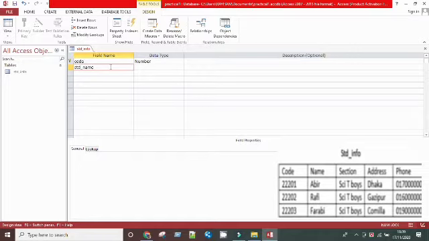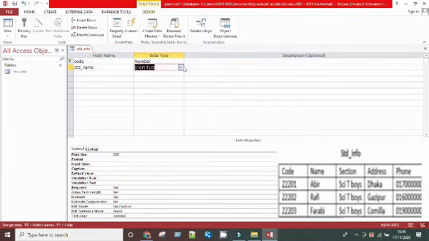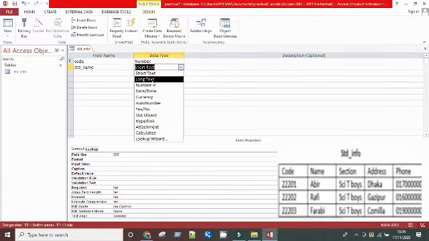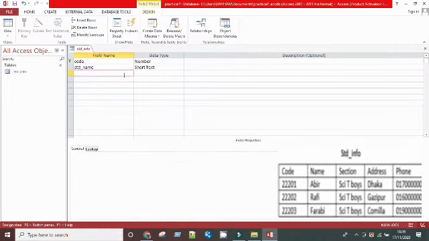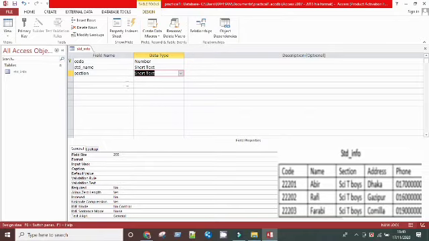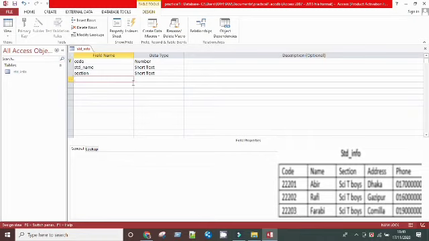For creating the next field, you have to type student name as the field name exactly below the row of ID. Then you have to select text from the data type drop down list. The next field is section, which is also text data type.